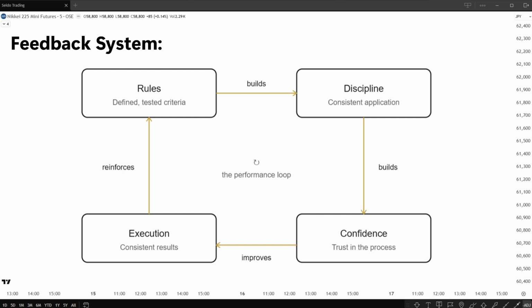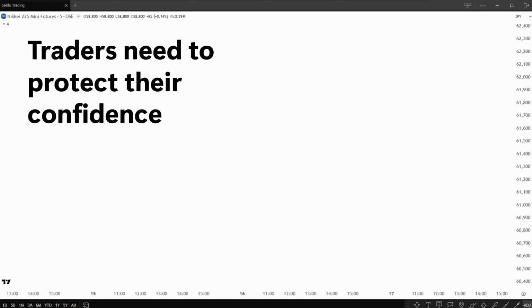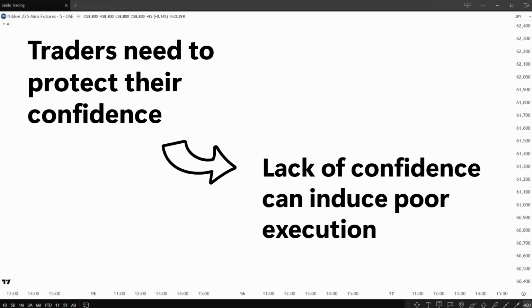Consider the athletes who entered losing streaks and never fully recovered. Not because their ability had left them, but because their confidence had. The best performers in any high-pressure discipline maintain belief in their process, even when outcomes are against them. And trading is no different. As traders, confidence should be among our most carefully protected assets. This is why we build trading strategies, so you trust your system.